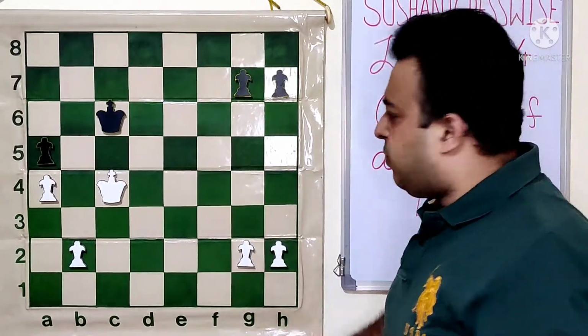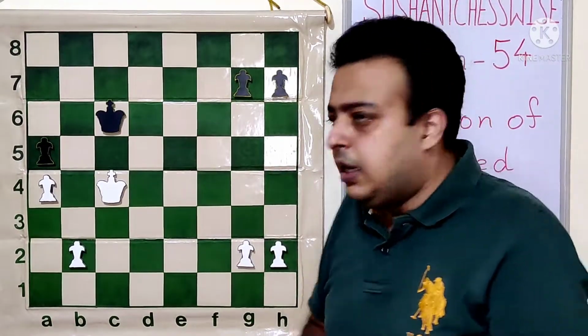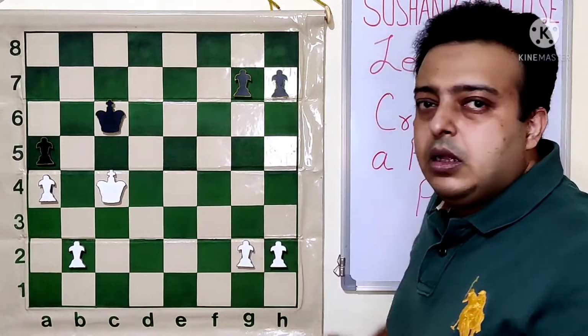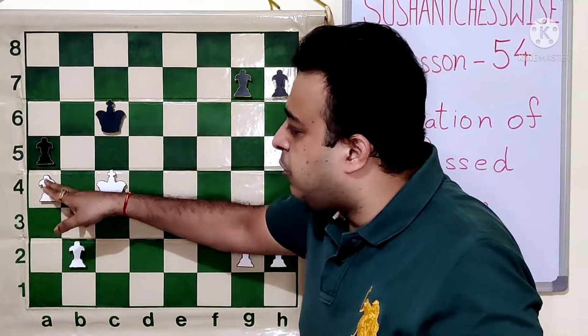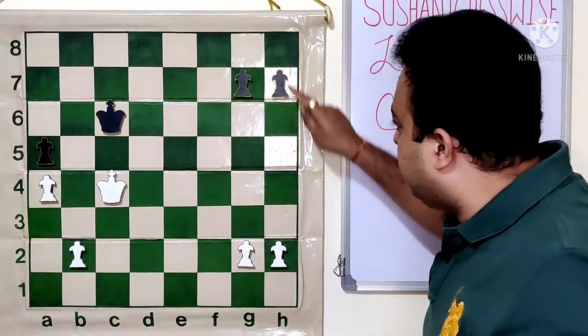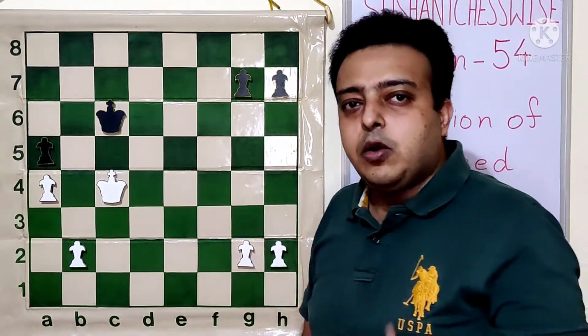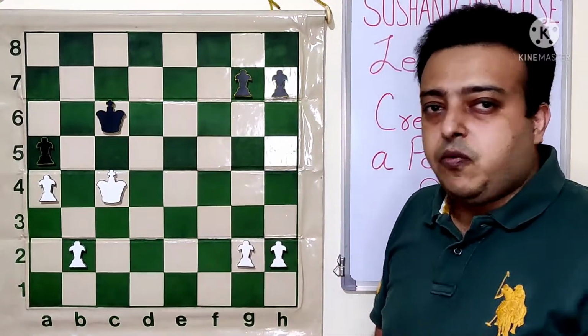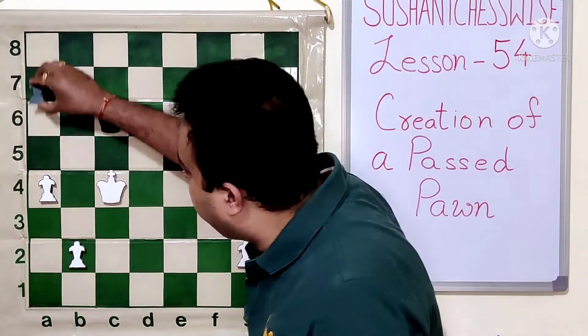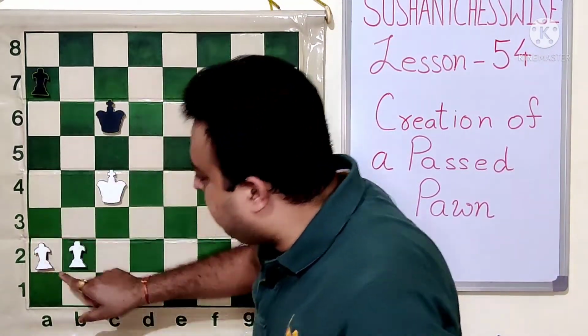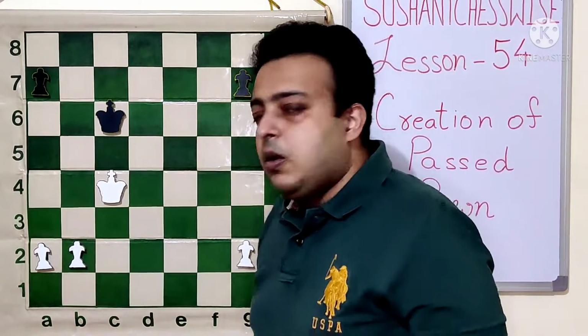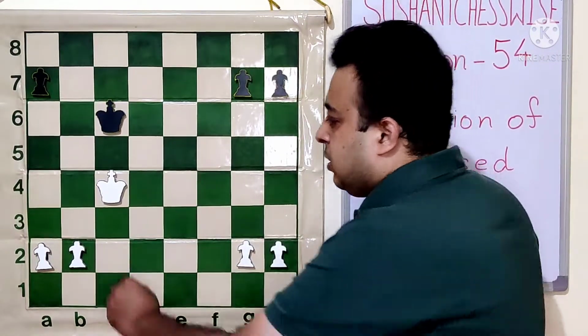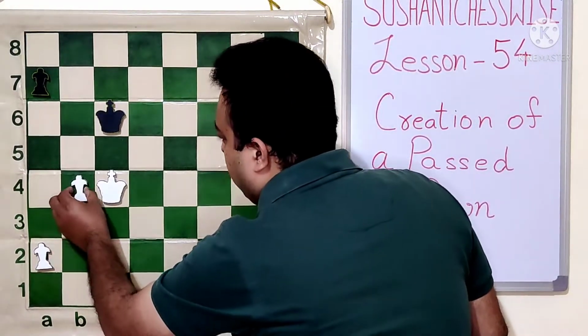But if there are fewer pawns on the other side, let's say the g pawns are missing, there could be cases where, just because of this rook pawn and the remaining pawns also being rook pawns, he will not be able to win the game because of faulty technique. So it's very important that we create the b passer, and we push the b pawn first in this case. So White plays b4.